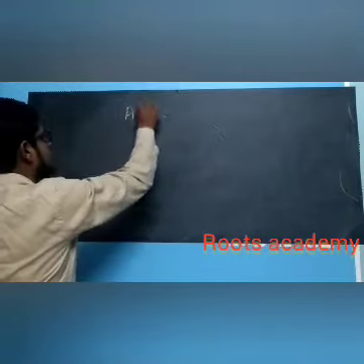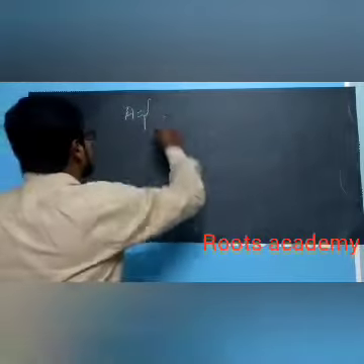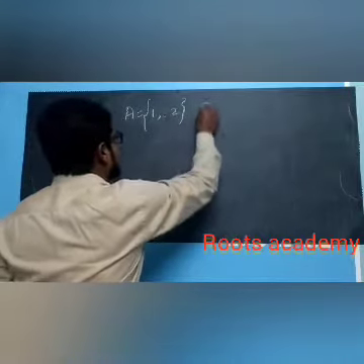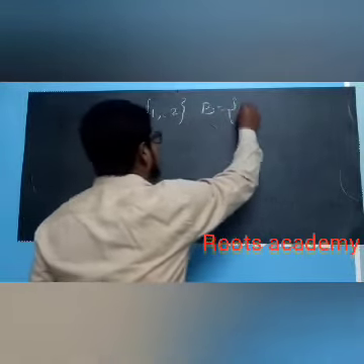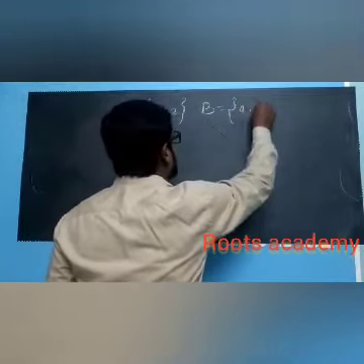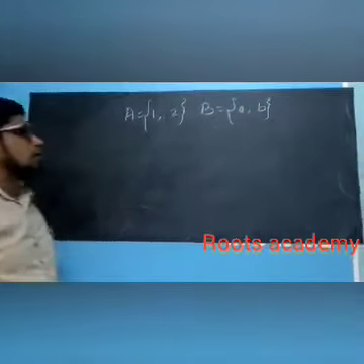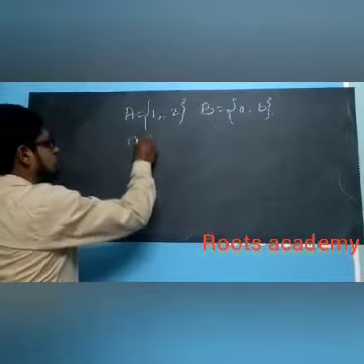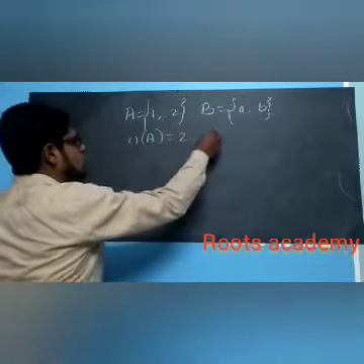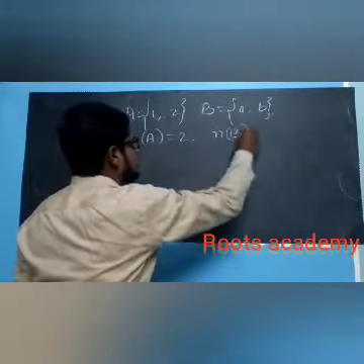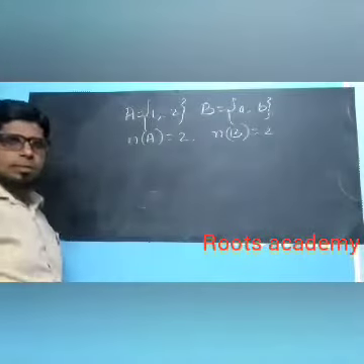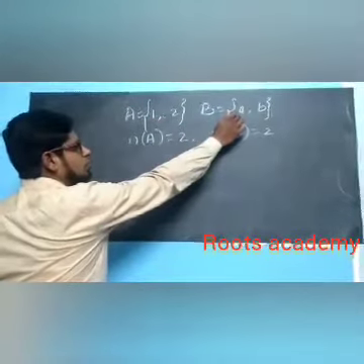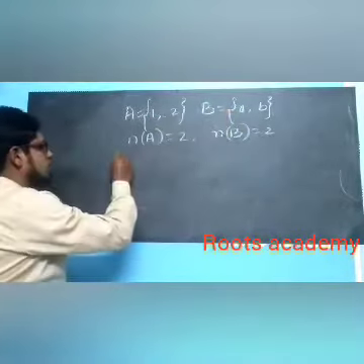So if A is a non-empty set and it has elements 1, 2, and B is another non-empty set, it has elements a, b. Like this. In these two sets, the number of elements present in set A is 2 and the number of elements present in set B is 2. Then the total number of relations that can be found from set A to B is